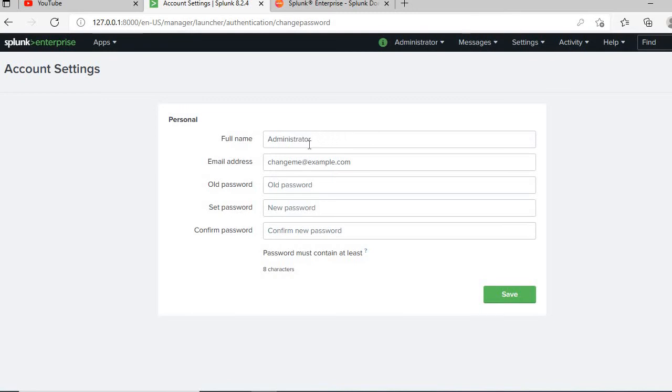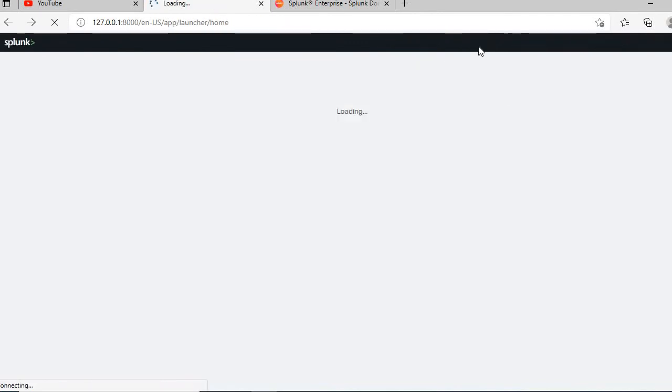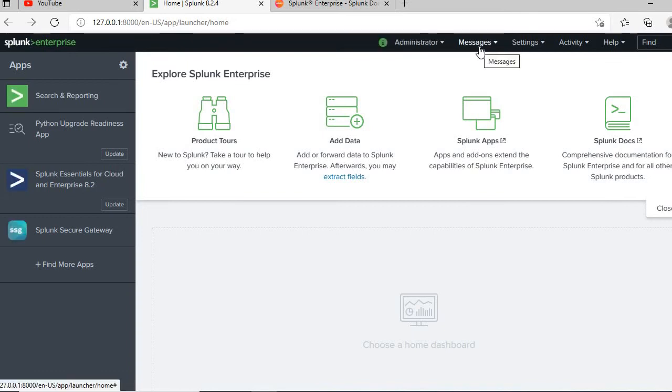You can give your full name and email address, and just save it. When you save it, it will show your name here instead of administrator. And you have something called messages. Messages shows whatever new updates or changes are coming in Splunk. You can just check and take appropriate action.